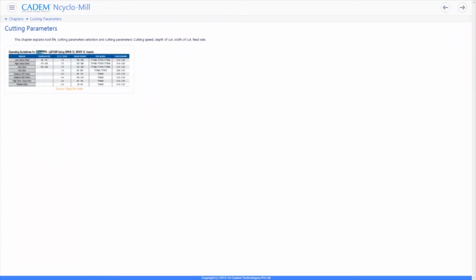Cutting parameters decide the part quality, proper chip breaking, tool life, and tool cost. It is therefore very important that you select the correct cutting parameters that suit the operation, the tool material, and workpiece material. Cutting tool manufacturers have cutting parameters tables in tool catalogs. To decide cutting parameters for an insert, we just refer to the catalog of the manufacturer of the insert.